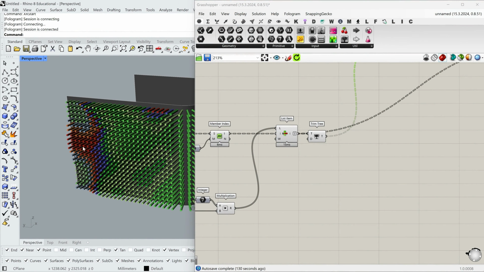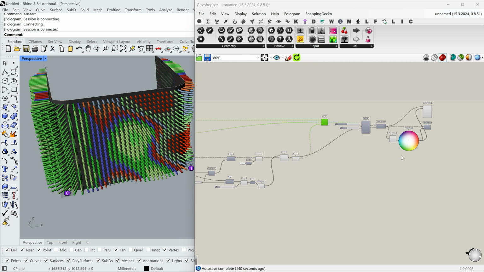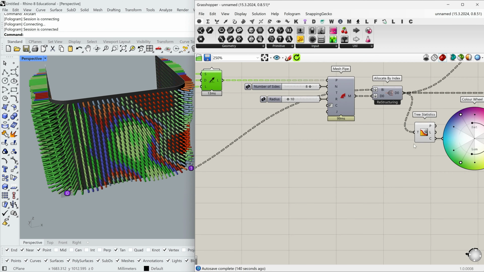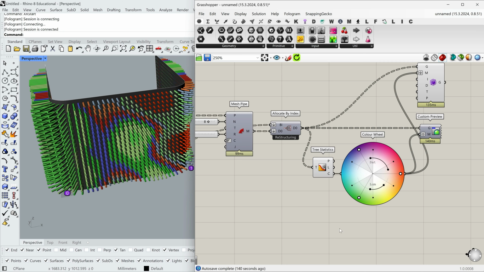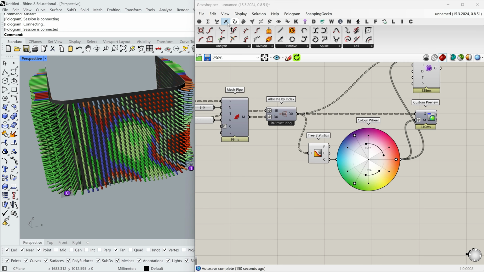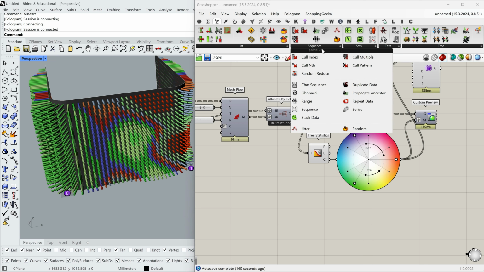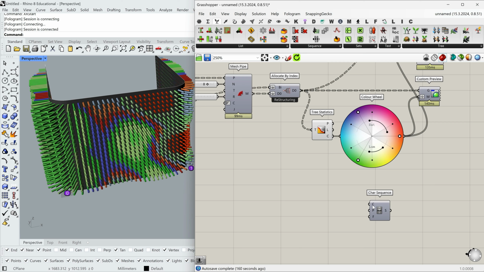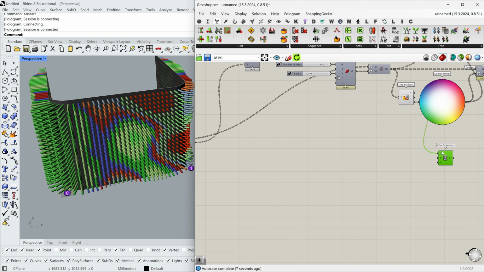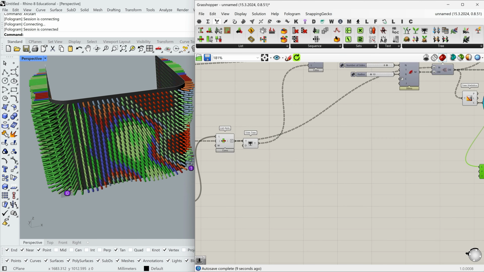In order to assemble this geometry, these rods, correctly, we need to provide some kind of matrix or letter numbering for each rod. So let's go to the set sequence and we will create a char sequence component. So this component provides you with a sequence of chars, obviously. We will connect the count from tree statistics and we are going to select the proper char for each rod using list item.